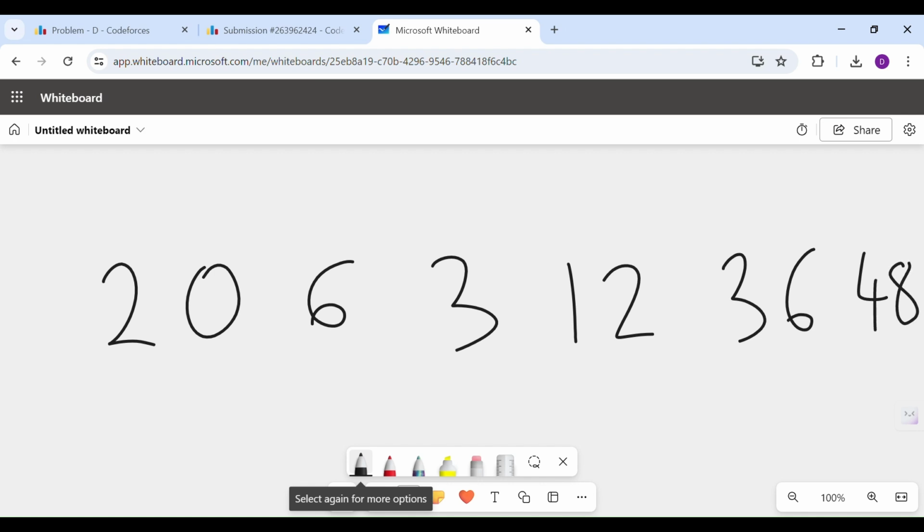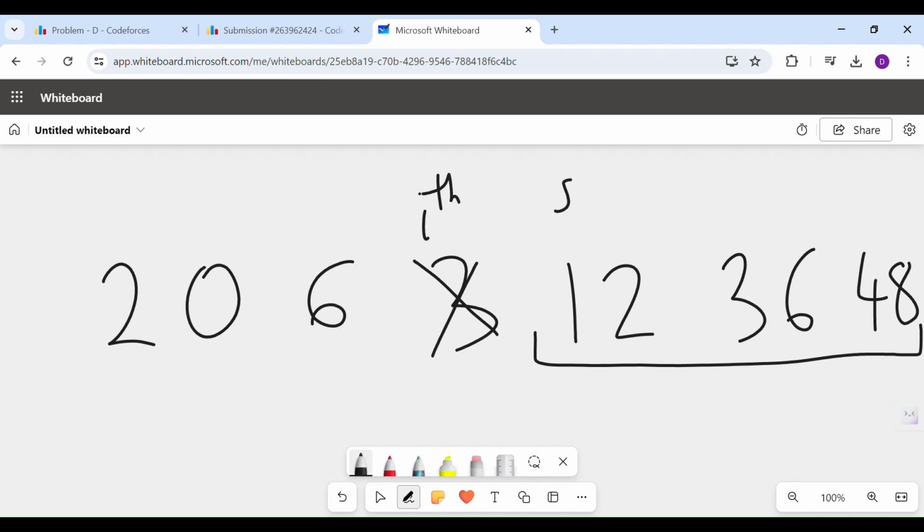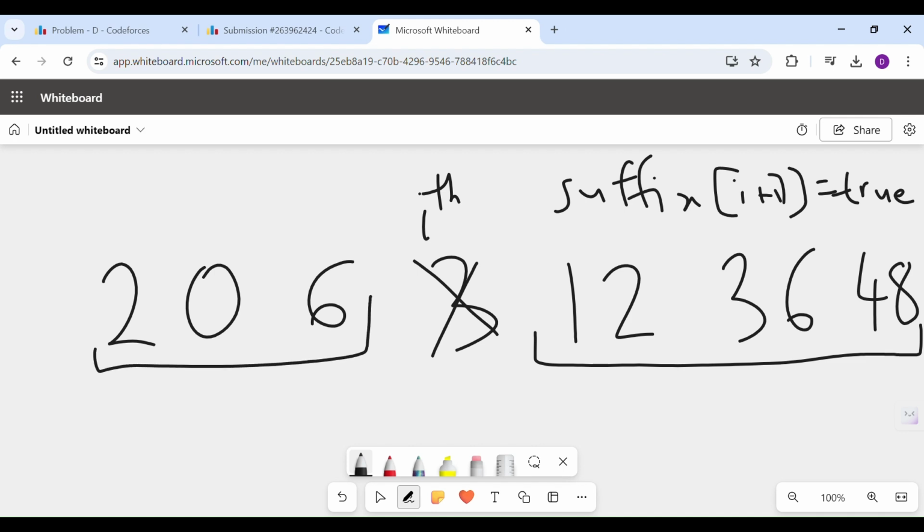If I want to check whether my GCD sequence is ascending after removing the value 3, then what do I need? If I am removing my ith element, first requirement, I want suffix of I plus 1 to be true, and